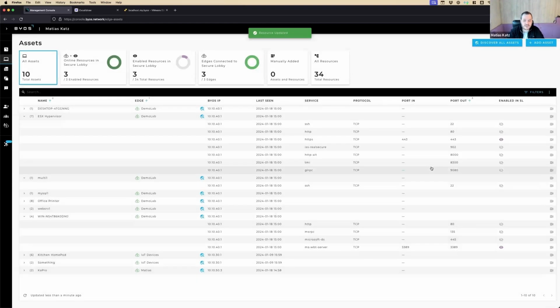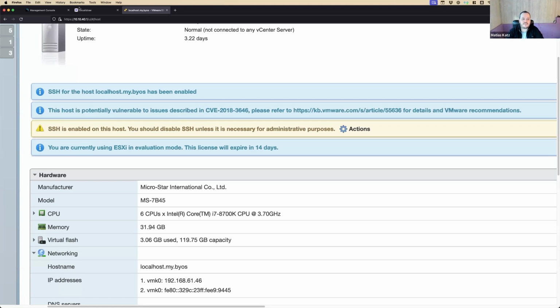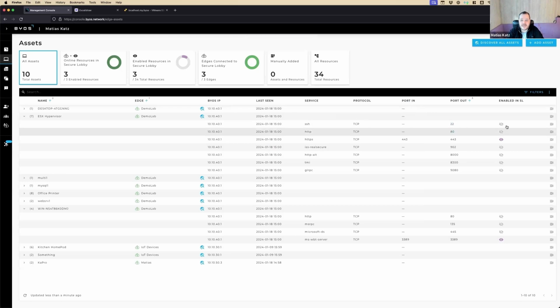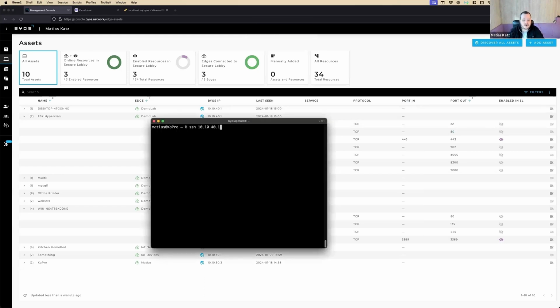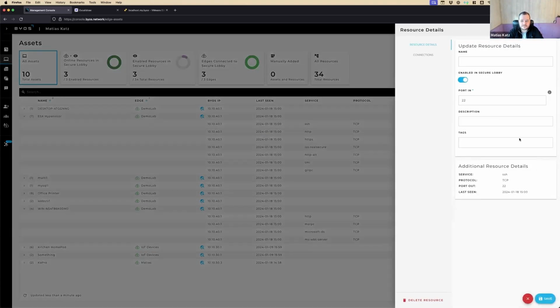So it is now shut down. So even though I'm connected to the ESX on the 443 right here, and it says that SSH is enabled, it is not enabled at the Byos layer. So if I do this, then it's not going to work. But the moment I turn it on the Byos side,